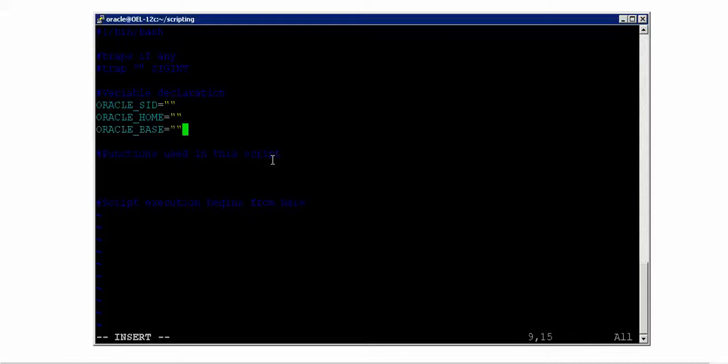So this is what I can think of, and I don't want to set the PATH variable, let it be the default, so no problem for that. Alright, now let me tell you something very interesting. As of now I can think of only these three variables, but if you have to use any other variables in the script later, the first thing is to come here and declare them and then start using them wherever you need.